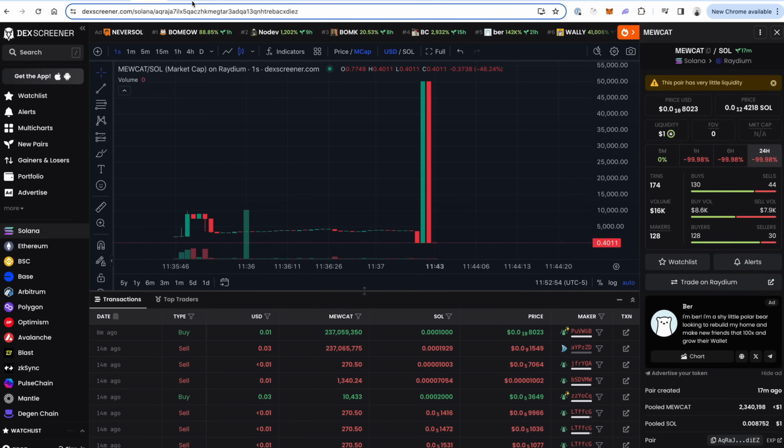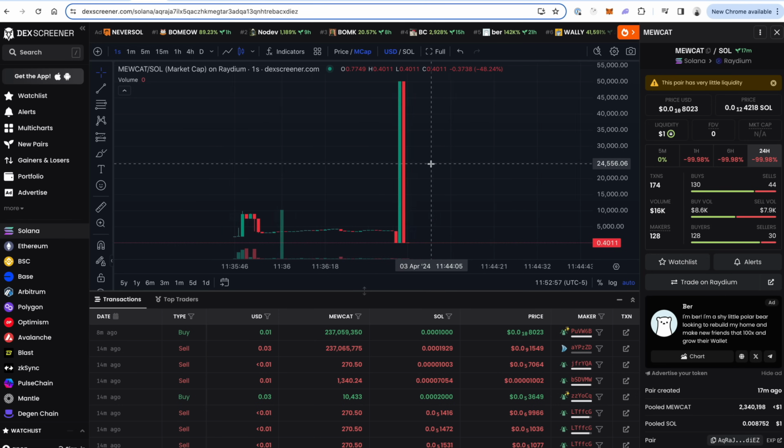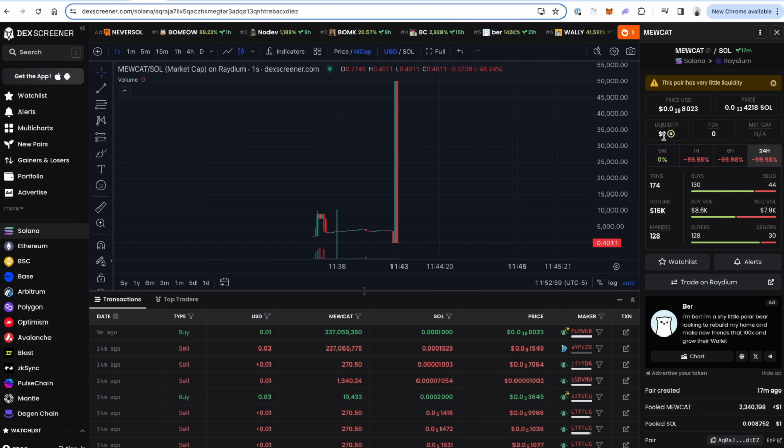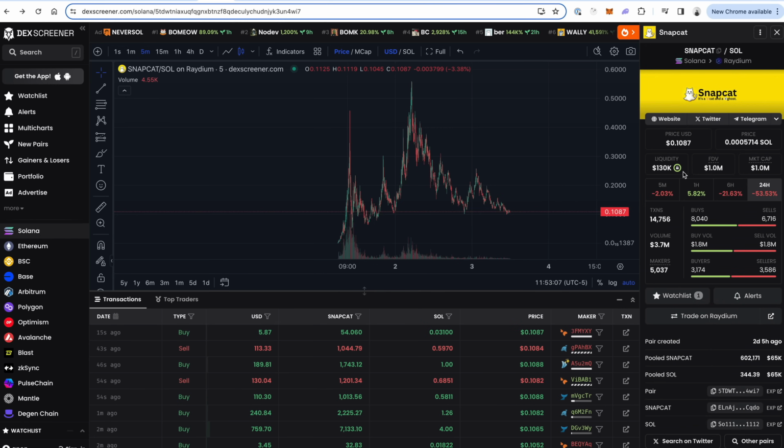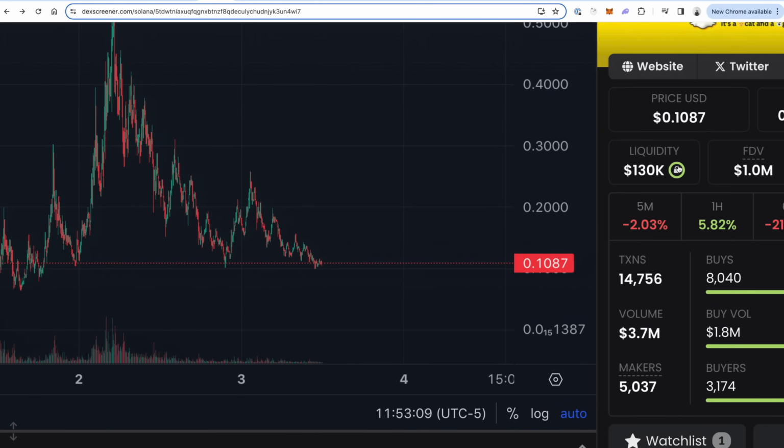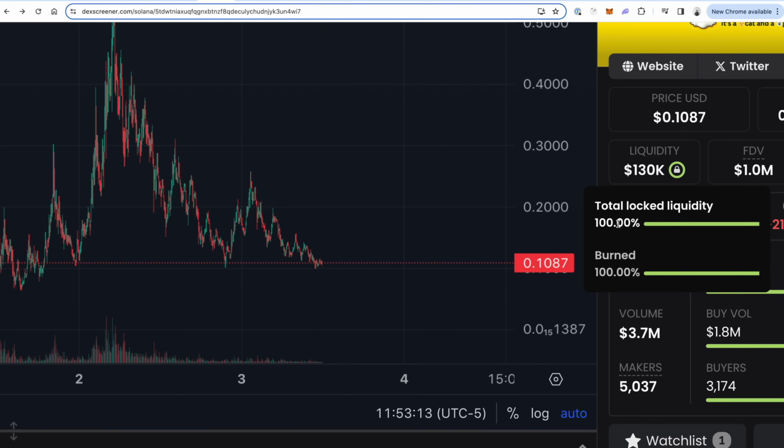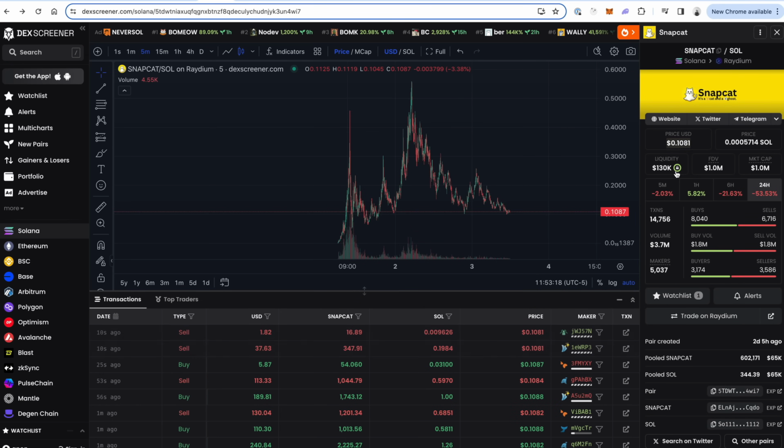So if you go on other websites like DexScreener, you can see here is a rug pull. I just pulled this up. You can see that basically the liquidity is now $1. But if you go to any of these other ones, like Snapcat that I mentioned before, you see this little locker here. This is like a trust score. If I hover over this, total locked liquidity, burned liquidity, 100%. This means that nobody can go, like this has $100,000 of liquidity for people to purchase tokens with. This liquidity cannot go away, which makes people trust the project more. You want people to trust your memecoin more, so you want to do the same thing.